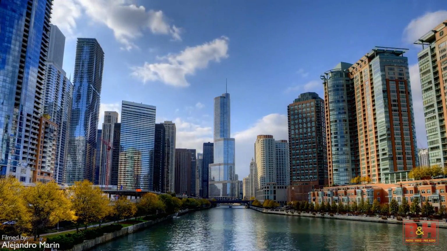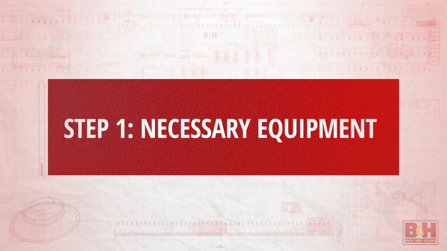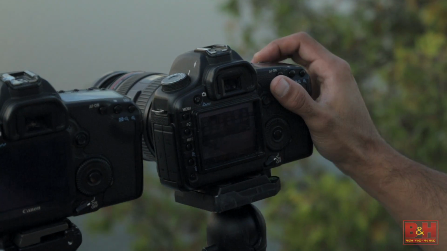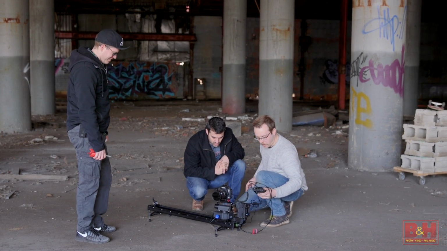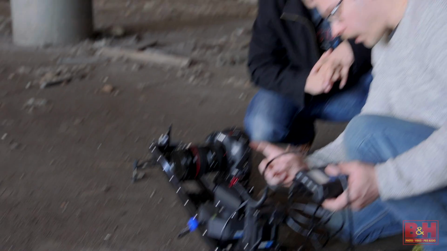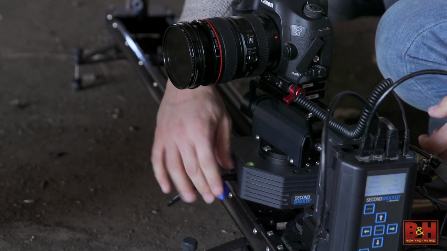The first of which is necessary equipment. First, you're gonna need a camera. Now there are various video cameras out there with time-lapse modes built into them, and you could always just record a standard video frame rate on a video camera and speed it up in post. But for this video, we're gonna use a DSLR, which was easier to handle and still took high quality images